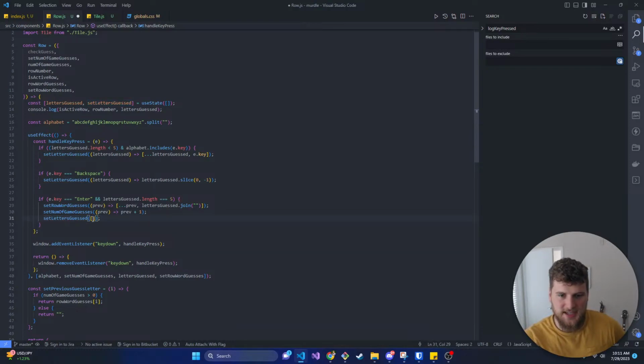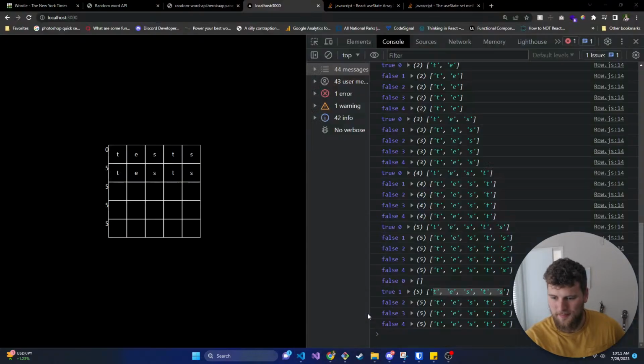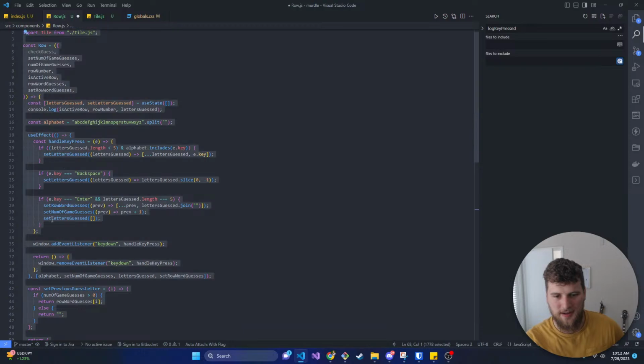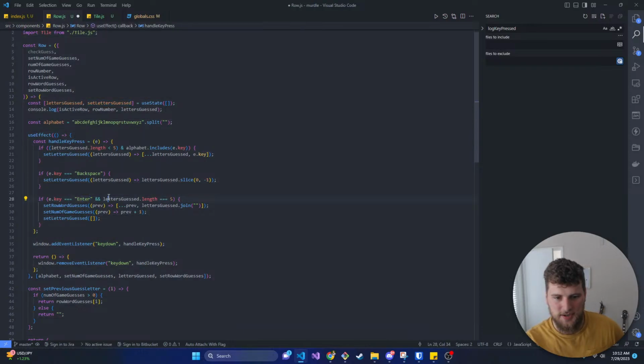Set letters guessed. We're building a Wordle clone. But for some reason, when we get to the second row, it's still maintaining the letters from the first. So letters guessed still has to have stuff in it, even though we're setting it to an empty array. If enter and